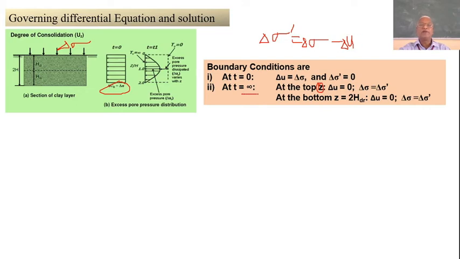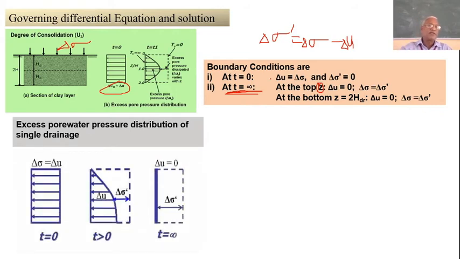At infinity, we assume that all the pore water pressure is reduced to 0. All the pore water pressure is reduced to 0 in the sense total pressure will be effective pressure. And at the bottom, z is equal to 2H dr. Again the same condition, pore water pressure is reduced to 0 and total pressure will be equal to effective pressure. Anyway, now